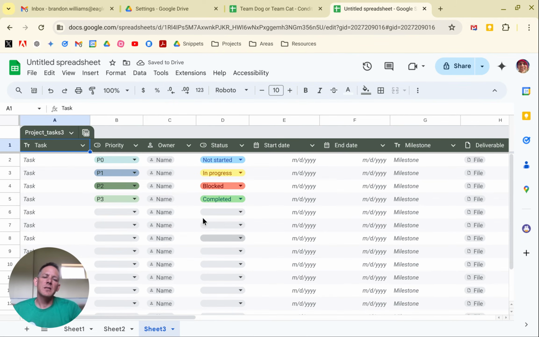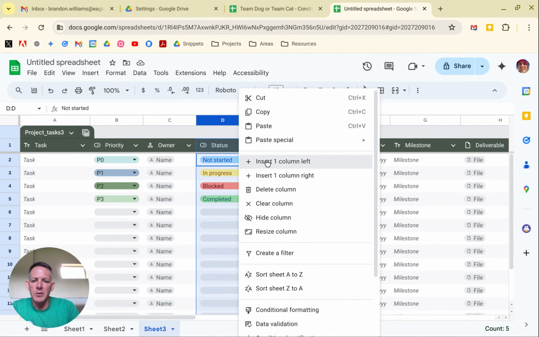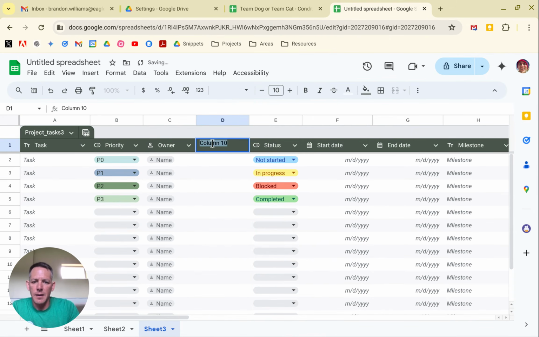So this is a default table that is pretty familiar. You've got a task owner, you've got a status, start date, end date, milestone, deliverable. Maybe you want to customize it to have like a project lead, and